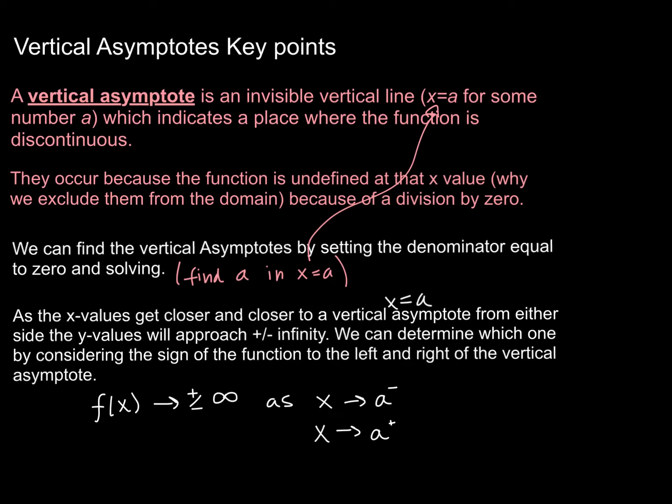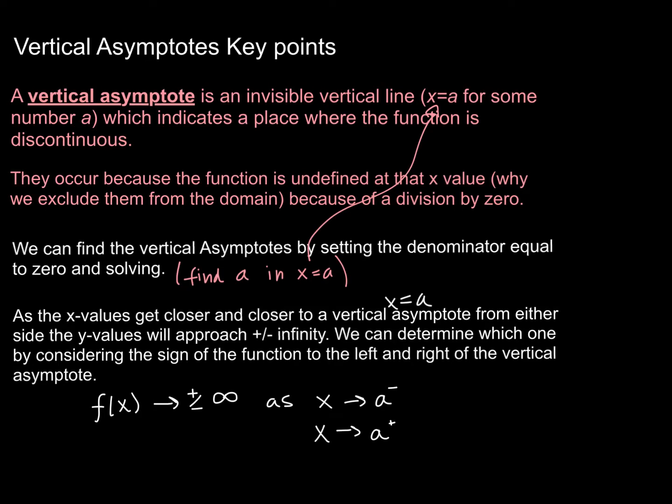All right, these are just the key points that we've already taken a look at to refresh your memory on vertical asymptotes. So spend a minute or two here rereading just to refamiliarize yourself with what is meant, how we identify the vertical asymptotes, and also to remind yourself a little bit about how we determine the way in which the function behaves as the function nears the asymptote. And so we can make a table, we can just think about what the sign of the function is going to be as we get closer and closer to those asymptotes that we've identified. And then once you're ready, go ahead and press play and we'll take a look at an example together before